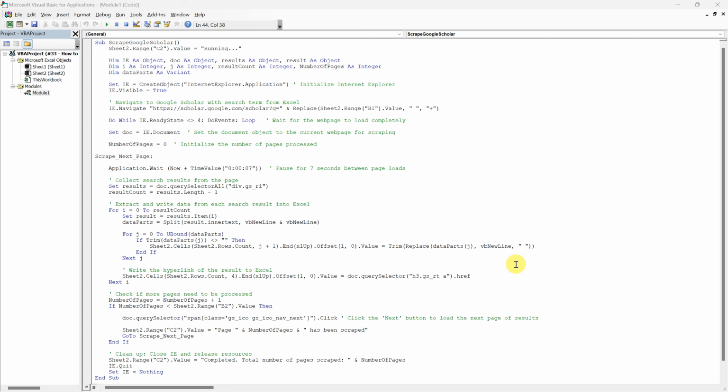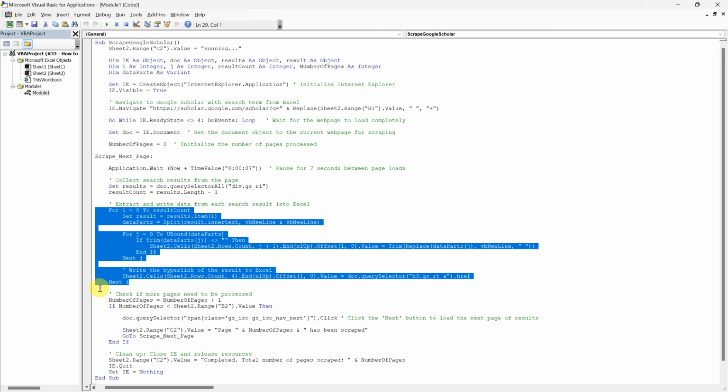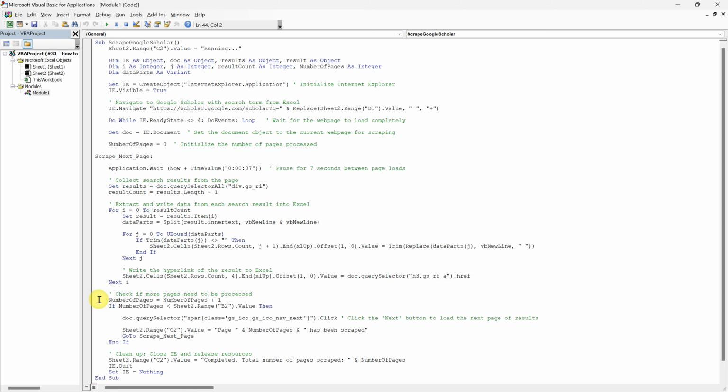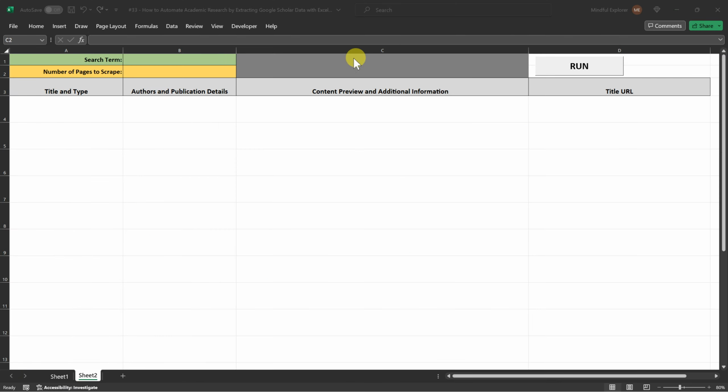After the script has extracted and stored both the textual data and hyperlinks from each search result into Sheet 2, it exits the i loop. Then it assesses whether there are more pages of results to process based on the user's input. The script keeps track of the number of pages processed through the variable called number of pages, which it increments after processing each page. It then compares this count to the user-defined number of pages to scrape, which is inputted in Sheet 2. If the number of pages processed is less than the desired total, the script prepares to scrape